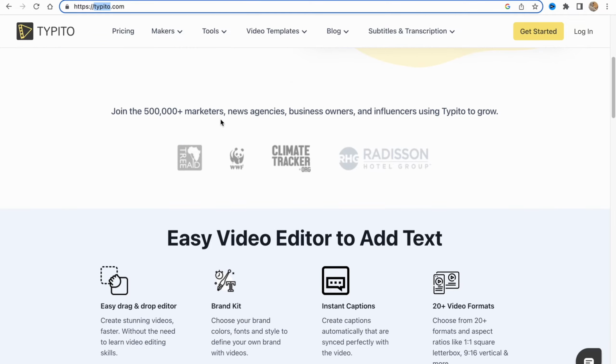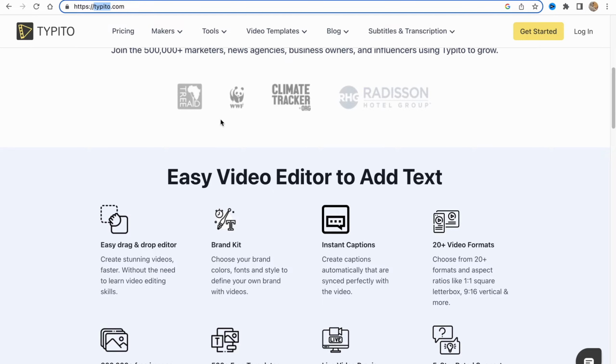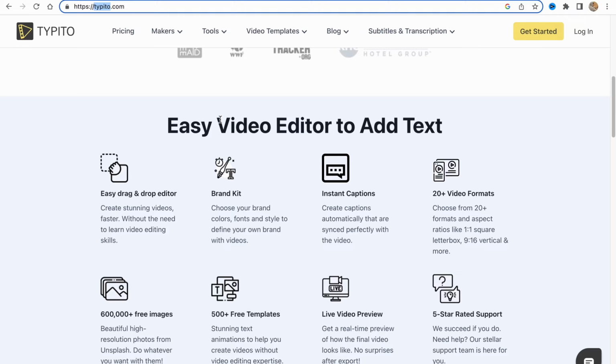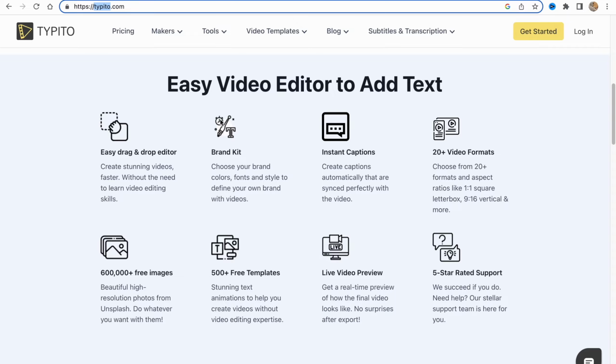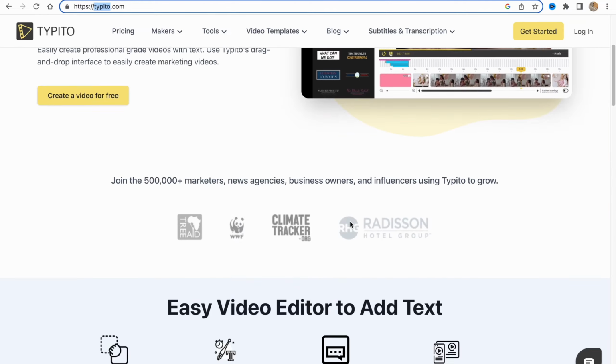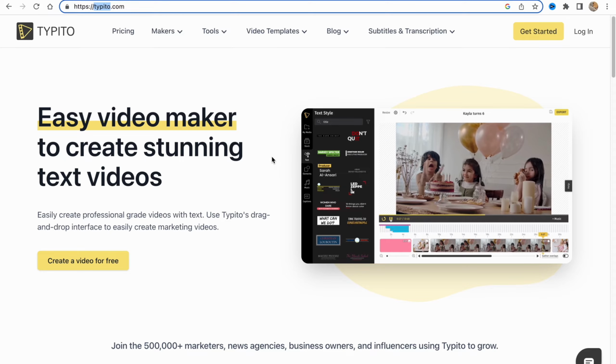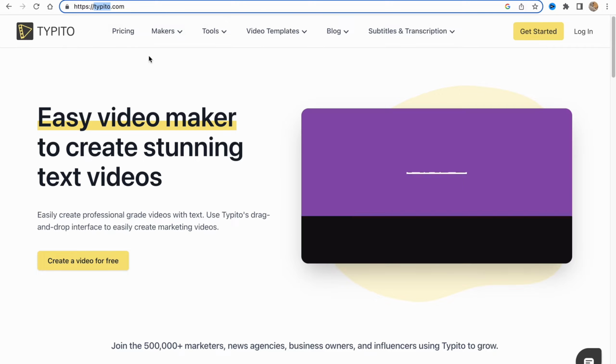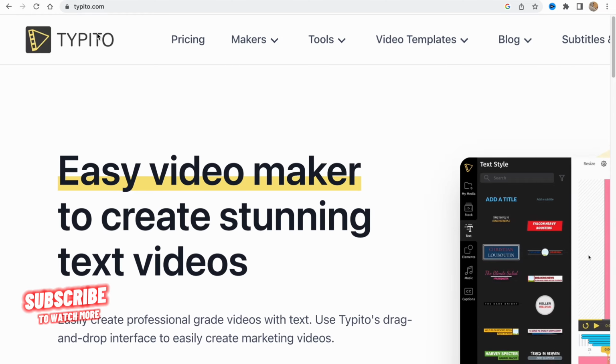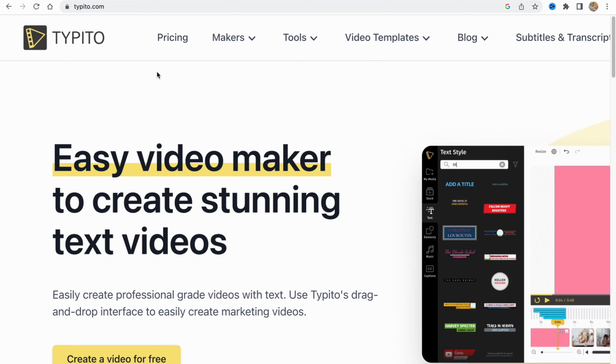In this video I'm going to show you how we can use Typito to create our own videos. Basically it's pretty easy, just follow the steps I do to not make any mistakes. As you can see, they provide us the opportunity to create a lot of different videos. They have a lot of images from stock, from templates, so it's easy to use, and we have a free version. It's pretty cool. In order to get started, we need to visit their website typito.com, and now we are